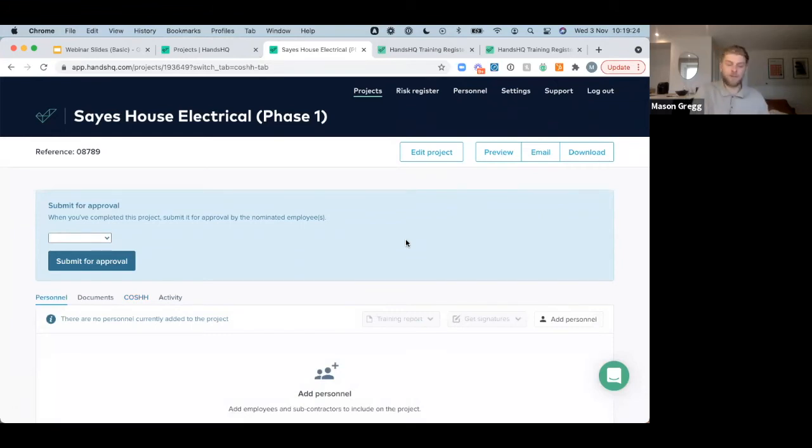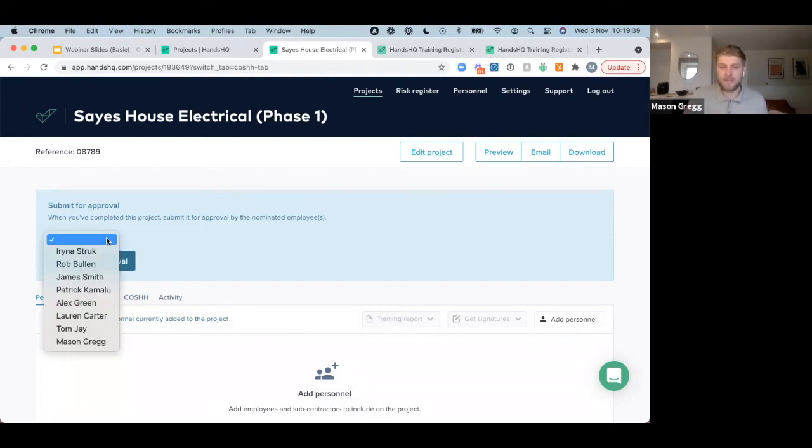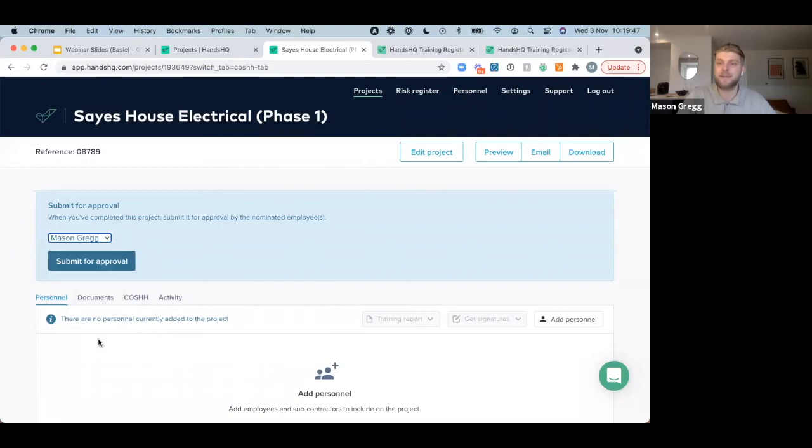Once we've generated that RAMS document, we can go ahead and forward this on to, well, first of all, we'd want to run through the approval process, that internal approval hierarchy that I mentioned earlier. So we've got here, submit for approval. Let's say if it's an engineer that's generating the RAMS for you, once they've completed that job, they can then come into the system and decide, right, I need to send this to Mason, for example, to actually sign off on this document. So they can submit for approval.